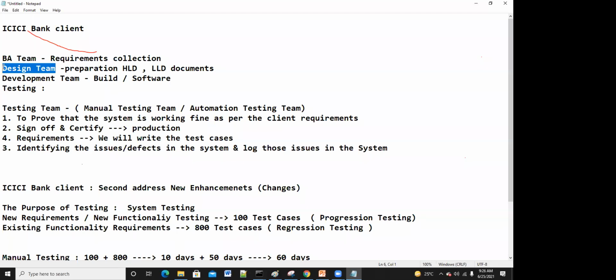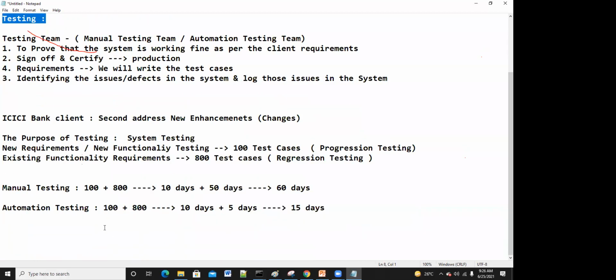They won't bother whether the application is working properly or not. They just develop the code as per the requirements. And for the design team, just 3 to 4 people are enough. But to certify whether a project is working properly, a minimum of 10 members are required so that the application can be tested.